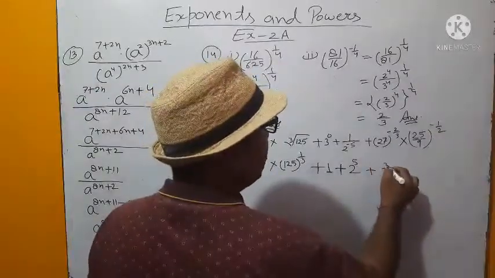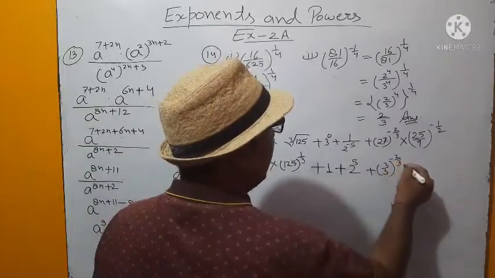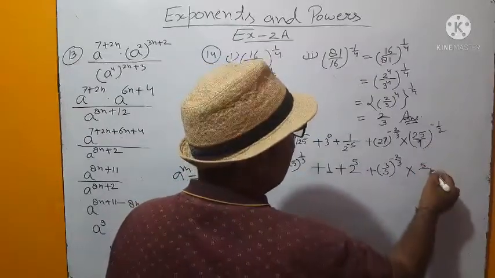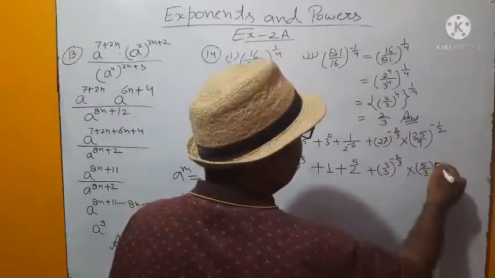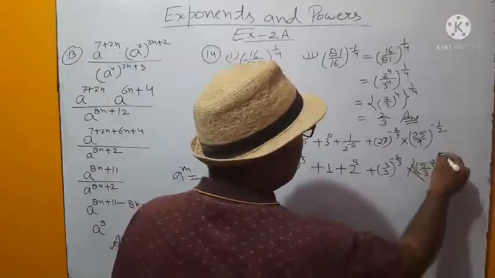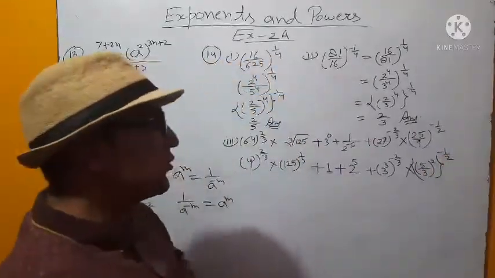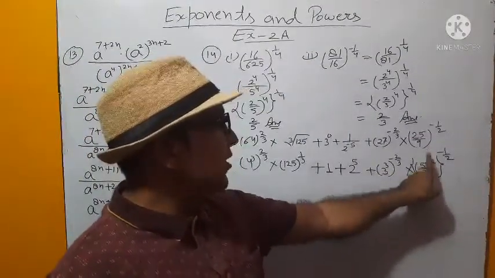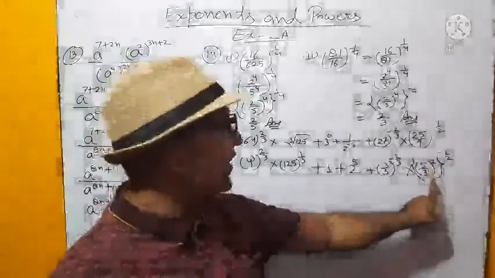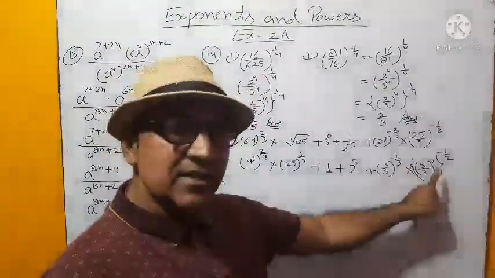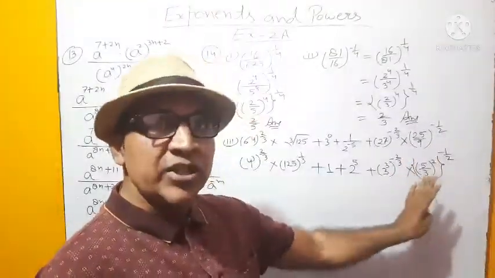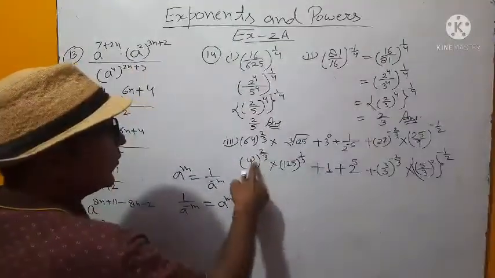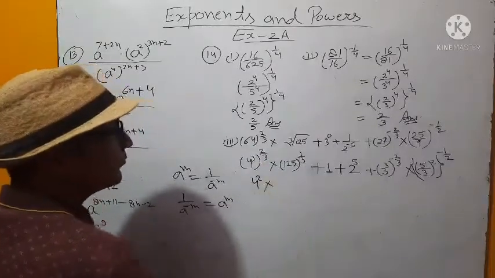27 can be written as 3 power 3 whole power minus 2 by 3. 25 is the square of 5, 9 is the square of 3. So this step you can write. Is this understood? 25 is 5 square, 9 is 3 square. Since the powers are the same, we can write in this form. This is your calculation technique. Okay. Now 3 and 3 are cancelling. 4 square is remaining.